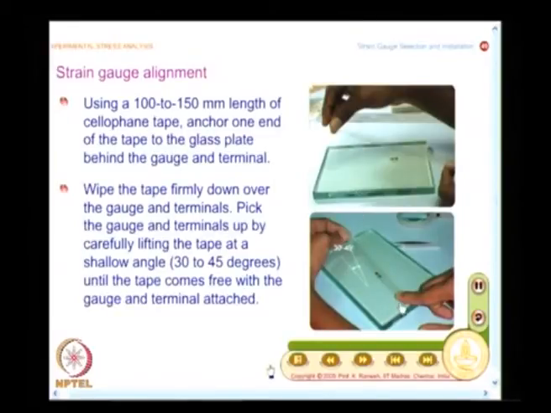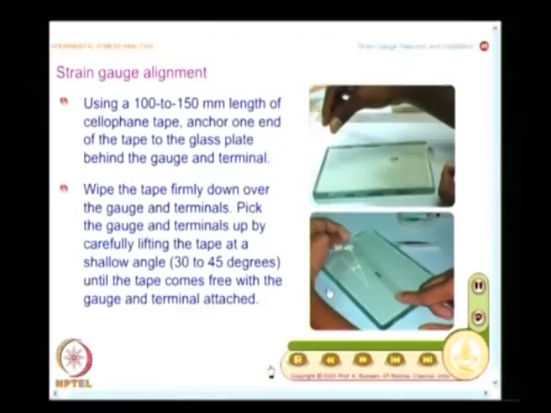And when you place it on this and when you want to lift it, you need to lift it at a shallow angle of 30 to 45 degrees. Why do you do this? See, you are handling a cellophane tape which is plastic, and it is easy for you to stretch it, and you have a metal film attached, and metal film also will get stretched.